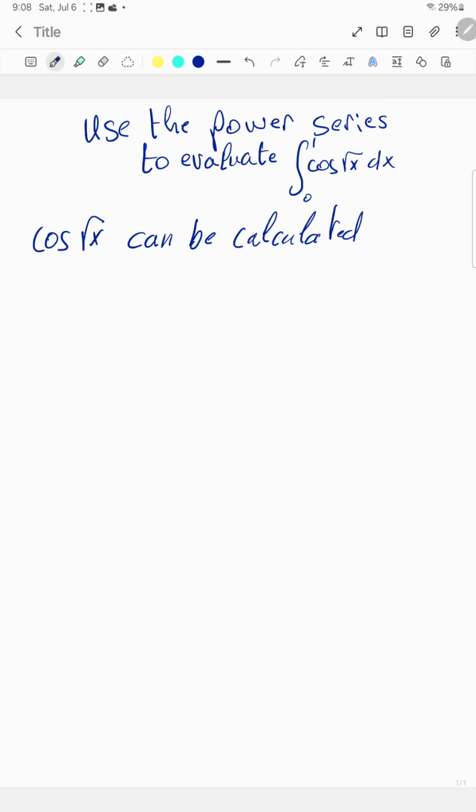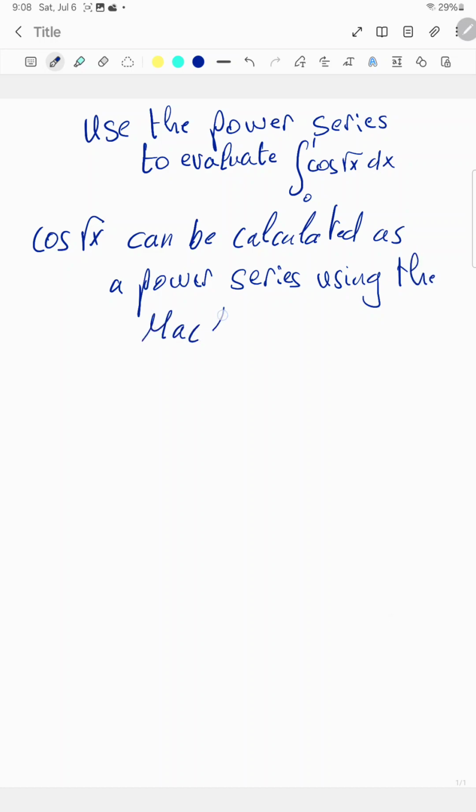I'm writing it down for you to understand. Can be calculated as a power series using the Maclaurin series. There is a typo here. Okay. So we know using the Maclaurin series, cosine of square root of x is equal to the sum n equal